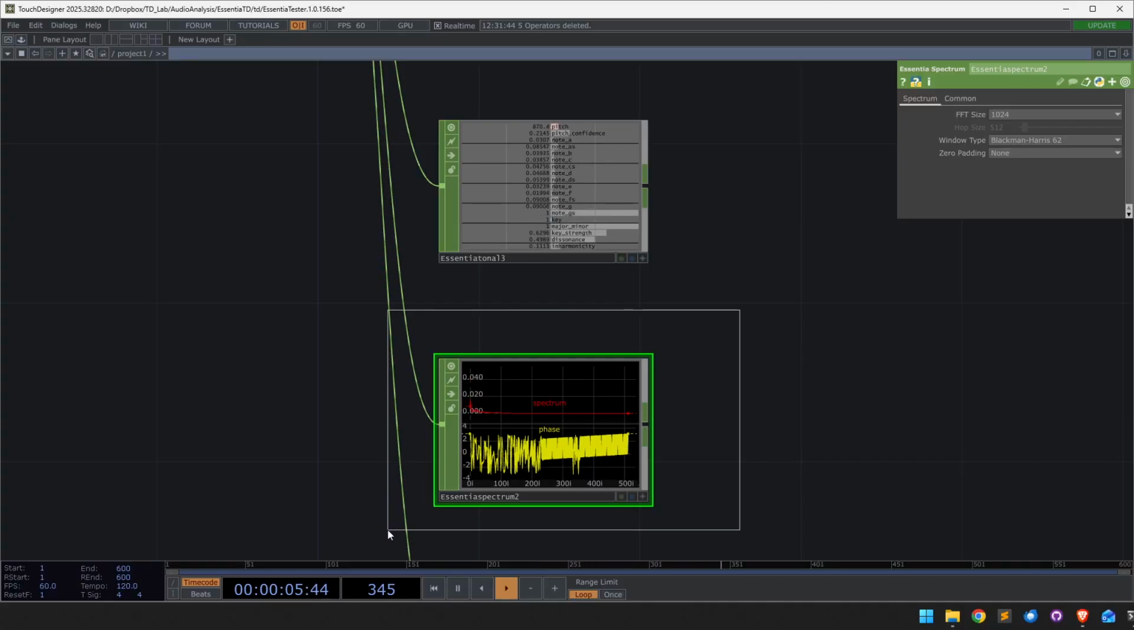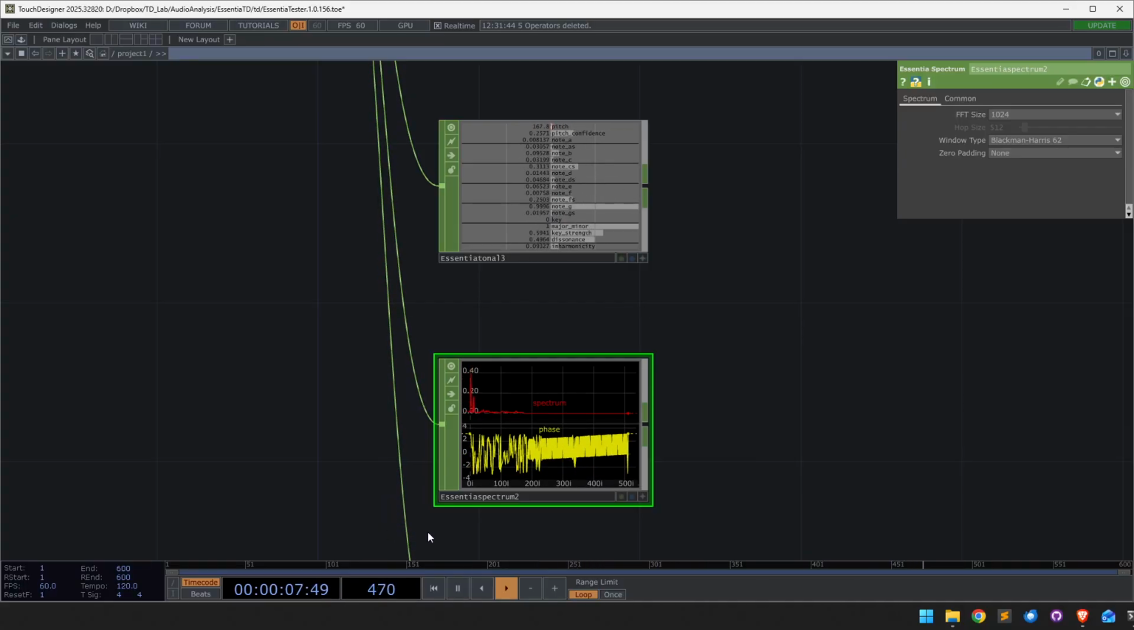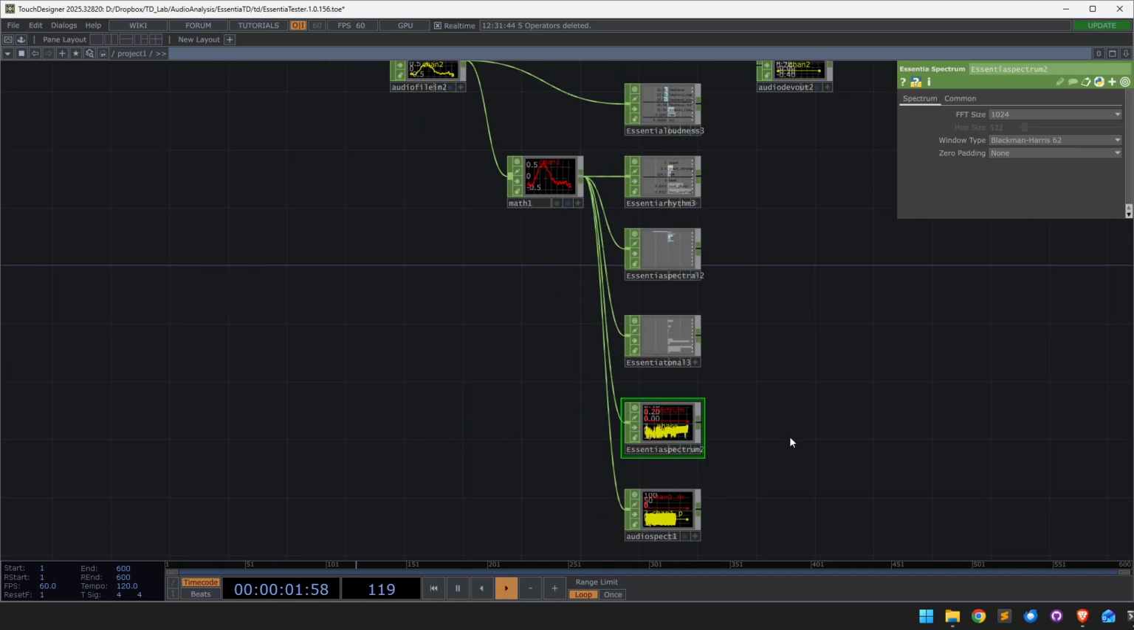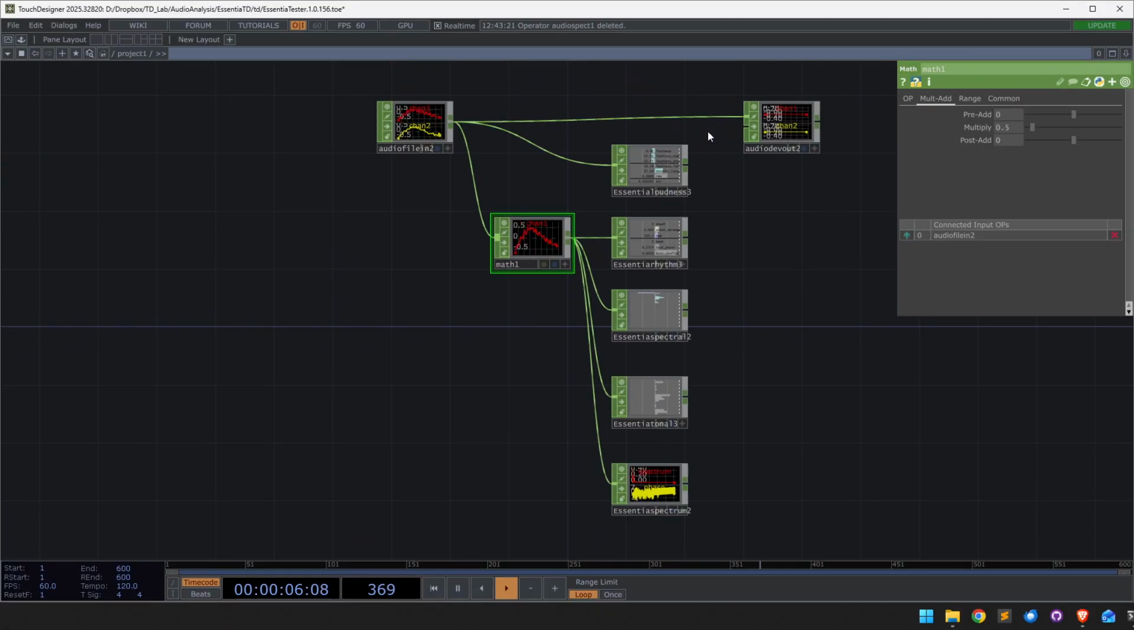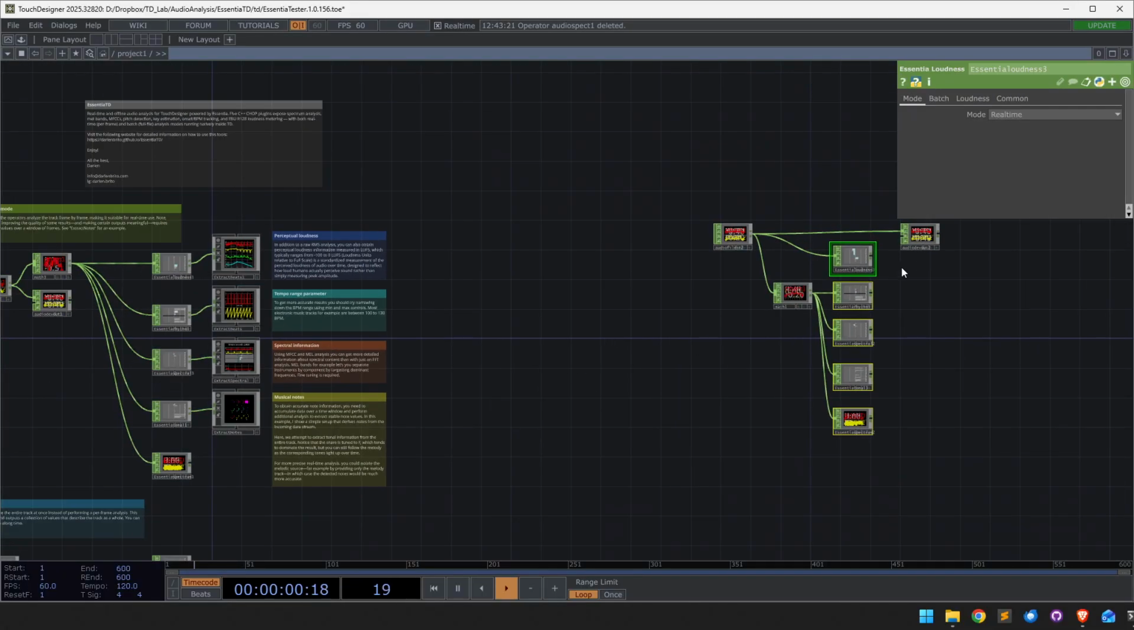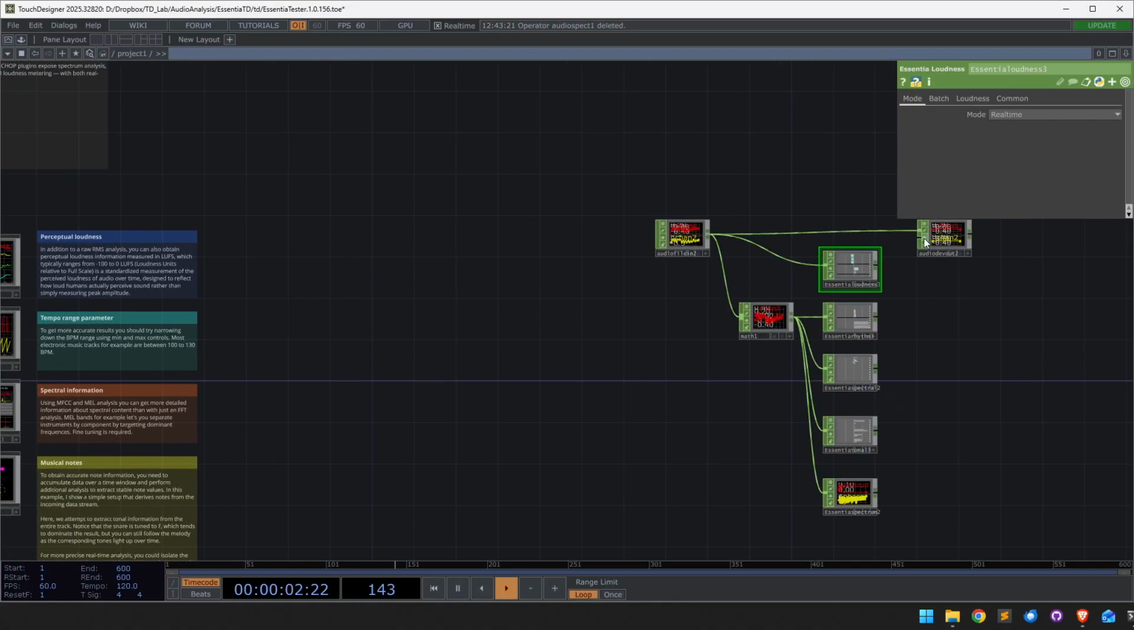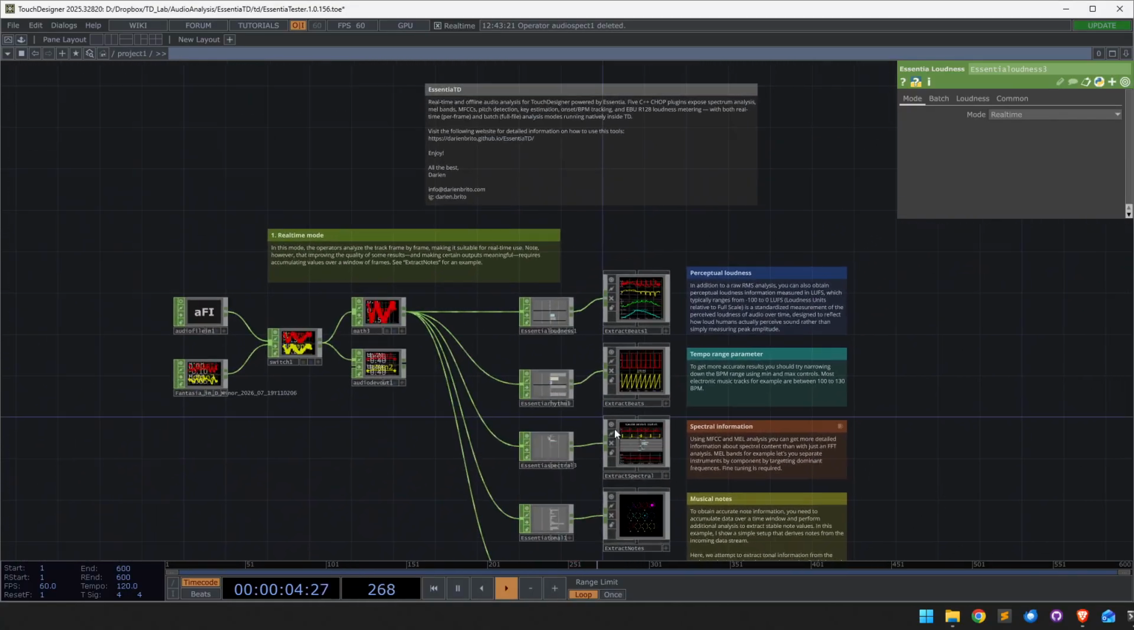So now you can do this clean spectrum and also get the phase completely for all the bands. All right, so that covers the 5 operators from EssentiaTD. Here you go. Now let me walk you briefly through the second part of this demonstration, which is the